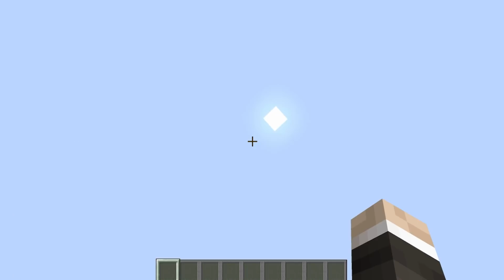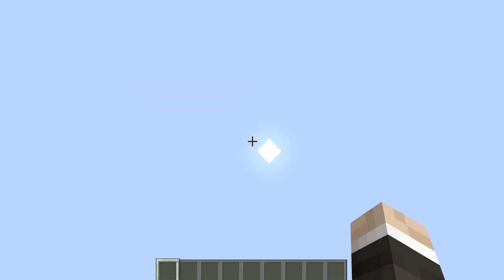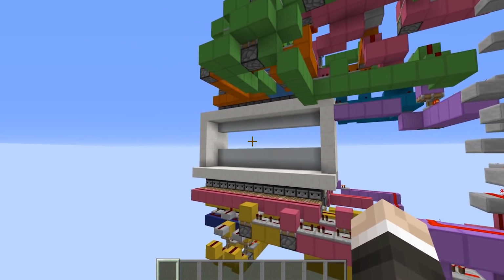I love this thing. I think that says Pug on Fire. Although I'm not 100% certain because it's written in some form of Egyptian hieroglyphics, but they've asked me to make a contraption that doesn't work like it's supposed to. So here is my redstone contraption. It's supposed to be a 5-high piston door, and as you can see...